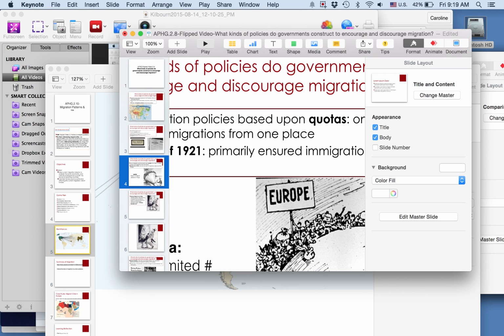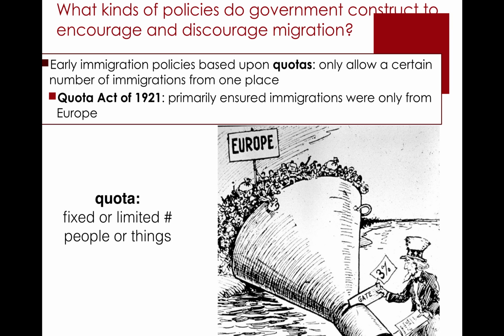Okay. One of the first major federal policies was called the Quota Act of 1921. What this did is it enacted quotas from specific places of the world. In other words, it placed a limit on the number of people who could come from a particular place. It was designed to ensure that the immigrants were primarily coming from Europe, and more specifically Western Europe. Again, these are prejudicial beliefs that these people in some way, shape, or form are more entitled, more superior, whatever you want to fill in for that prejudiced belief.